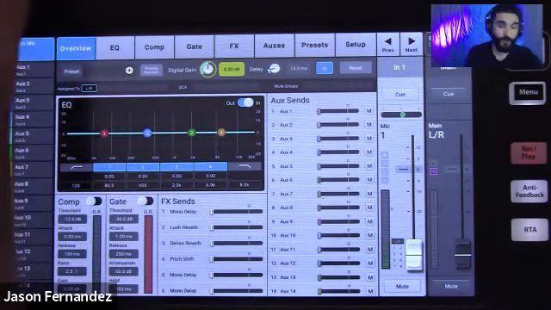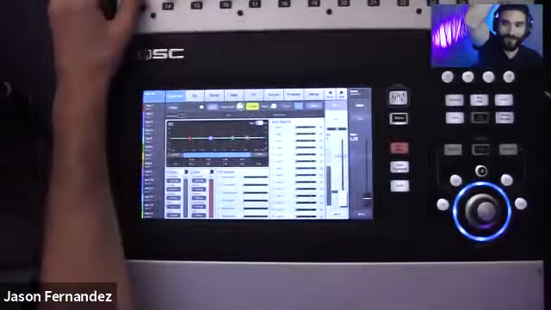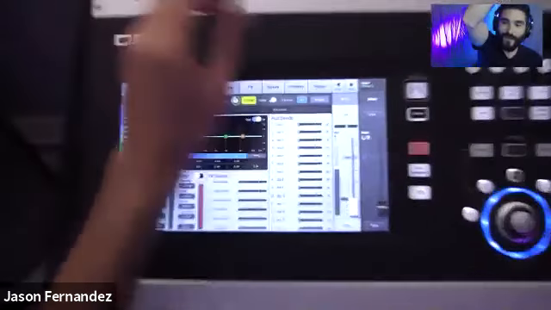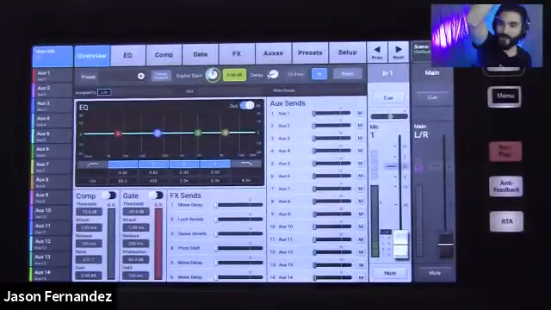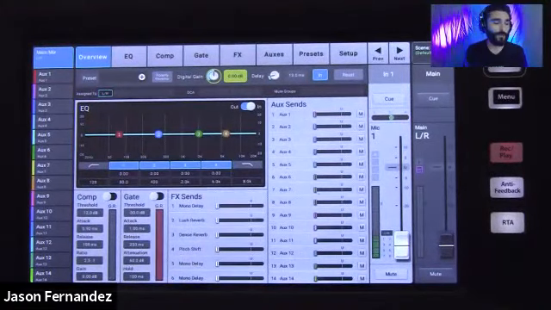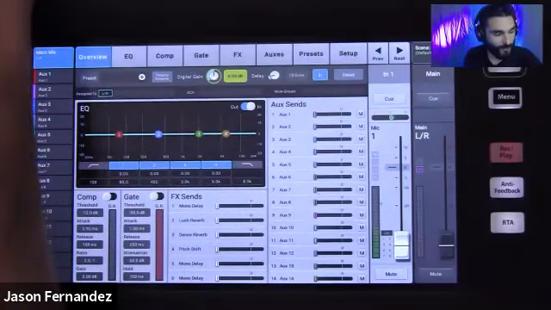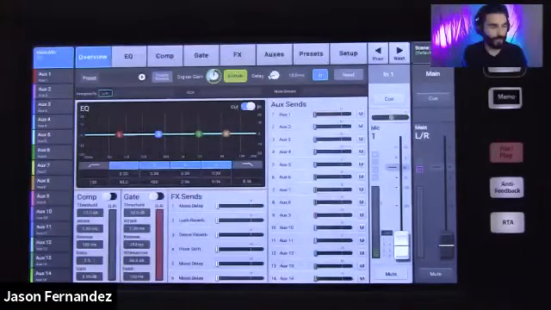So you have your trim knobs up at the top, but you can't see them in my screen. I'll see if I can, whoop, too far. There we go. Oh, just out of view. Anyway, if you're looking at the mixer, you should be able to see those trim knobs very clearly. If you don't have a mixer in front of you, trust that they're there. So you have trim gain control knobs for all of your analog preamps there, and that's to get the initial level of your preamp dialed in. But those are not digital, and they're not automated, so you cannot save that information within a scene. Additionally, if you're mixing from an iPad and you're not physically next to the board, you can't physically access those knobs.